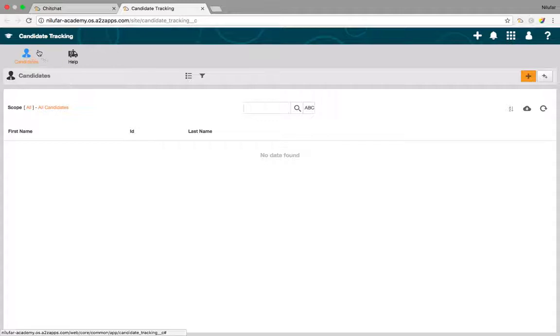So you can see that the candidate entity has come up over here, and the help custom page which I had created has also come up over here. So this particular app has two types of menu. One app menu is linked to an entity, and another app menu is linked to a custom web tab. All right. But now here you can see there are only two fields which I can see: first name, ID and last name.